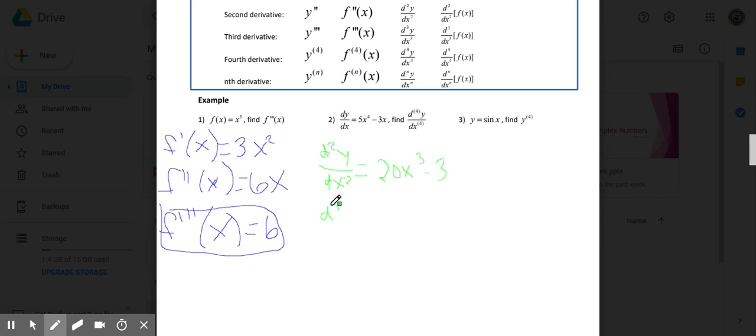Third derivative, take the derivative again, equals 60x squared. And finally, the fourth derivative,